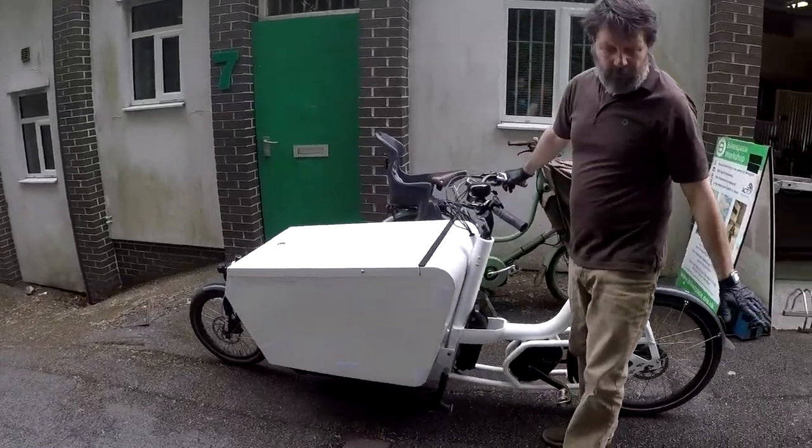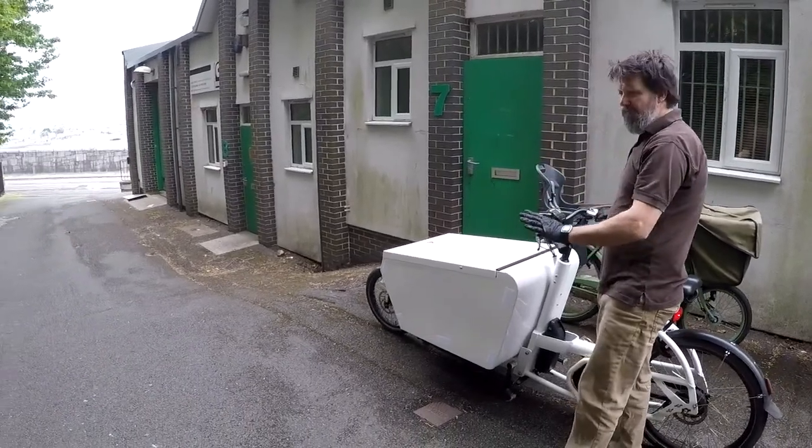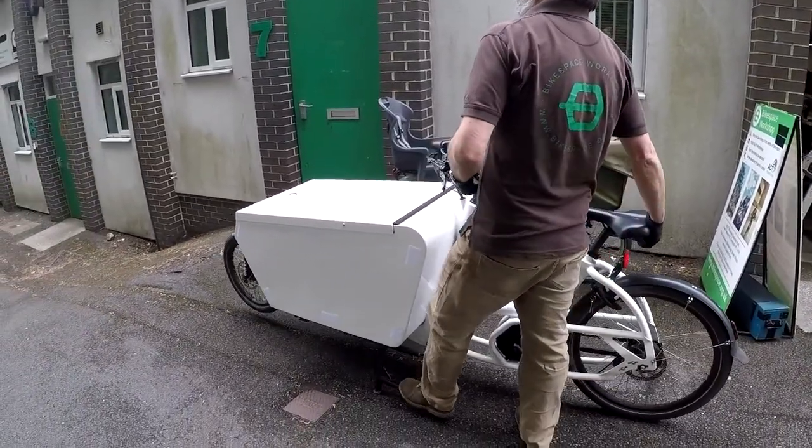Got a nice piece of level ground here. I want to avoid parking the bike facing down a hill because it could potentially roll off the stand. So park the bike, left foot on there, hand under the seat, and all my weight